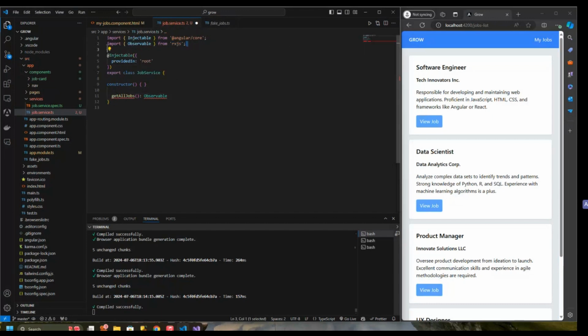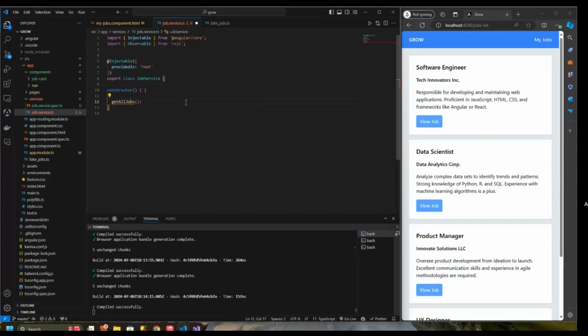If it doesn't do that, for example, you type it in and it doesn't know what this is, you can just click on it and see view quick fix all. You will just leave a cursor there and just hit Control and dot, and it should give you options. So we are importing it from RxJS. I think this is a better way of working with data. We really don't need to do that. We could have just